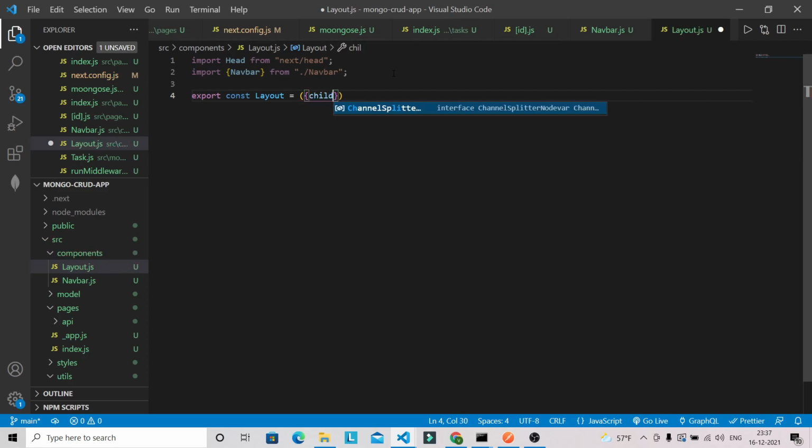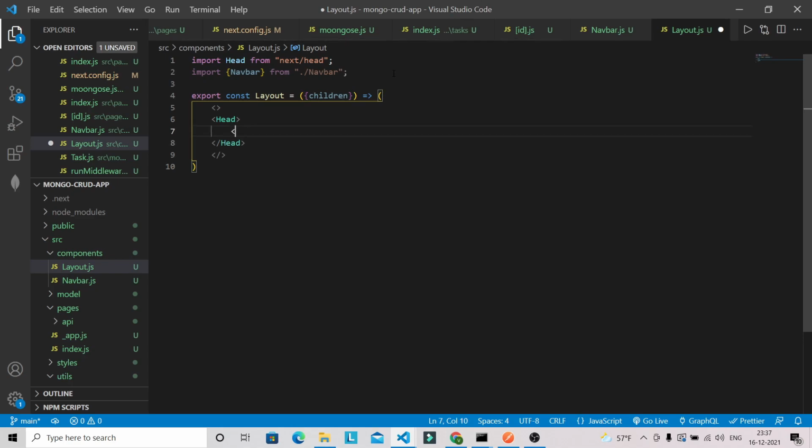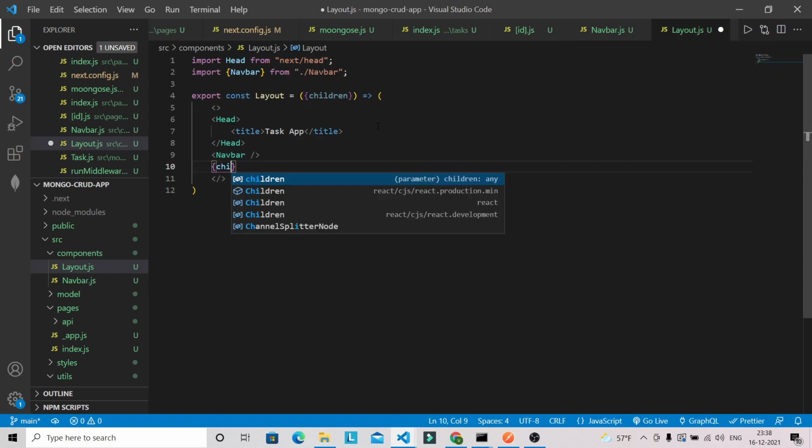So it will accept children, because we are going to use this layout in our app.js file. Okay, after that we are going to use Fragment, and we have to use Head, and we can specify the title like Task App. Okay, and we can specify our Navbar, and we can just simply put children here.